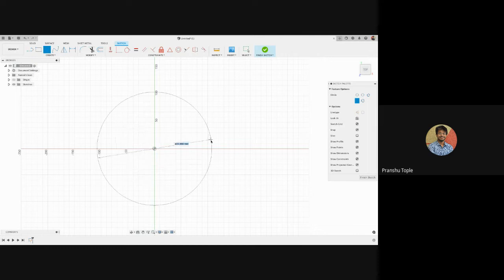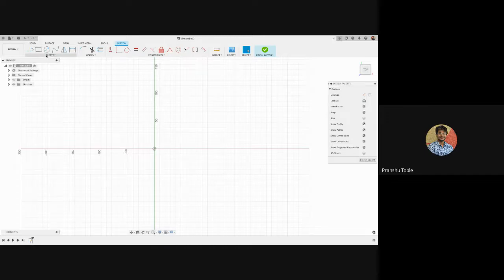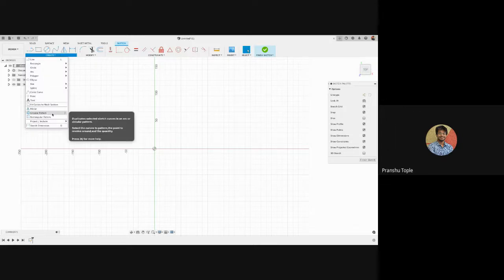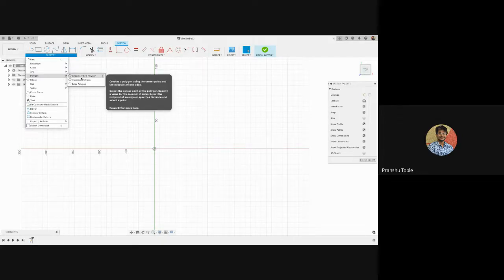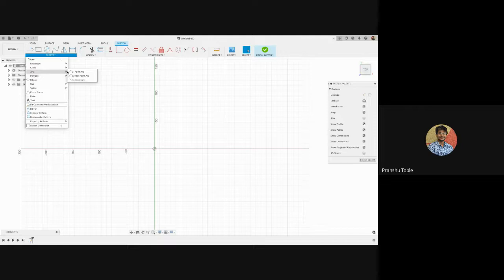So, again, I will come back to this. Once you go into the sketch mode, you will get a lot of tools over here. There is a line tool, rectangle, circle, spline. If you want to mirror anything, and if you want more, you can get it over here as well. You can make circular patterns, rectangular patterns. If you want regular polygons, circumscribed polygons, inscribed polygons, arcs, which include the 3-point arc, everything is given